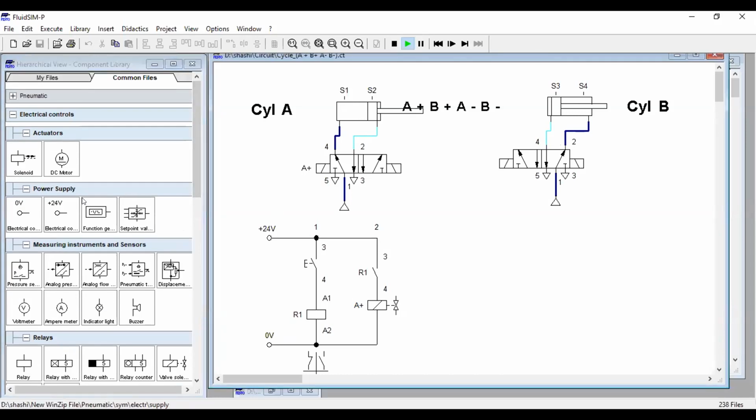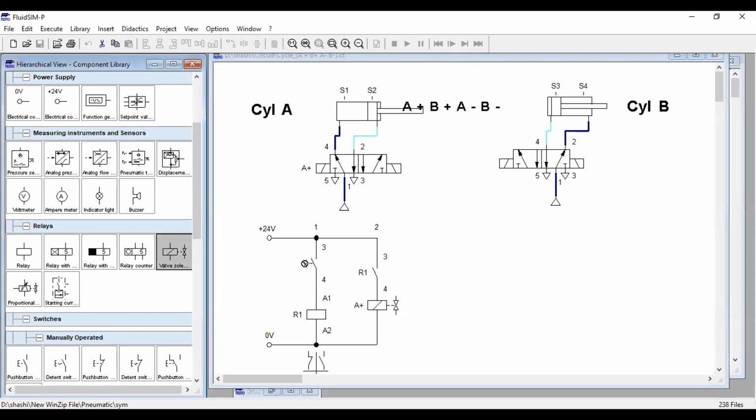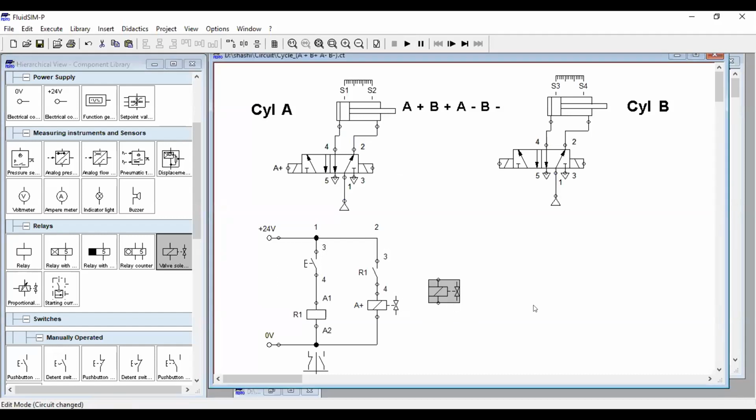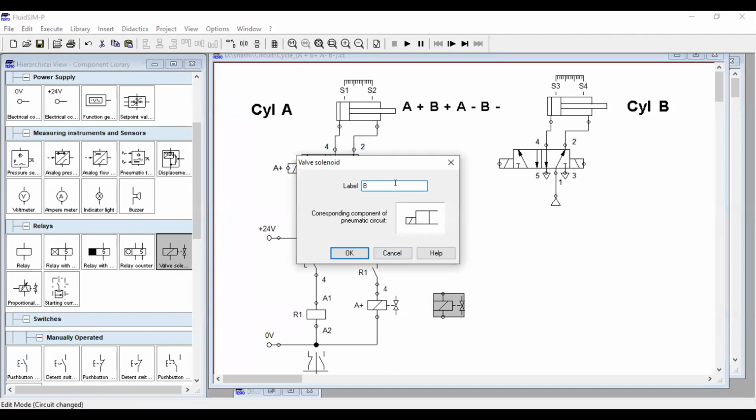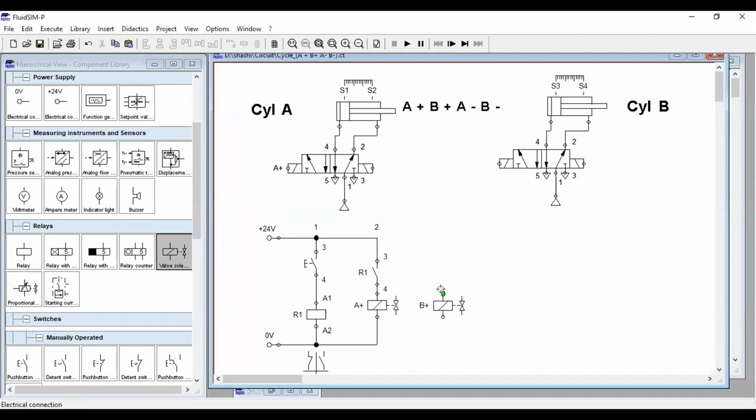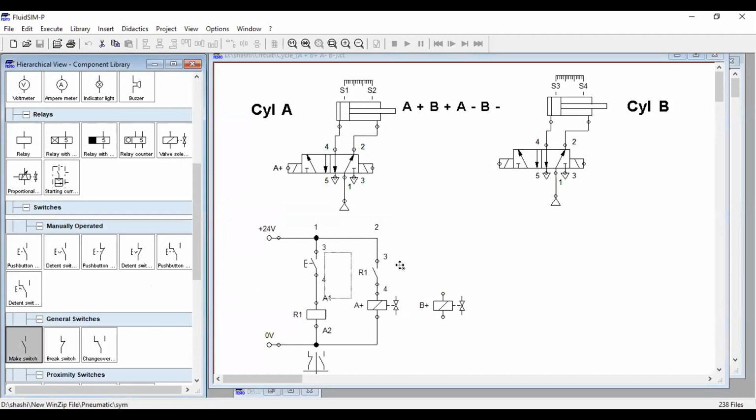So I will use a solenoid valve. We have a solenoid valve. Name this as B plus. Then I will connect this B plus, and I need a make switch, normally open.